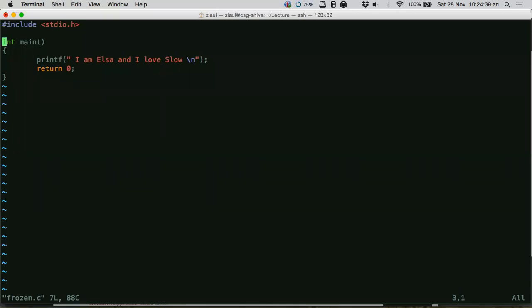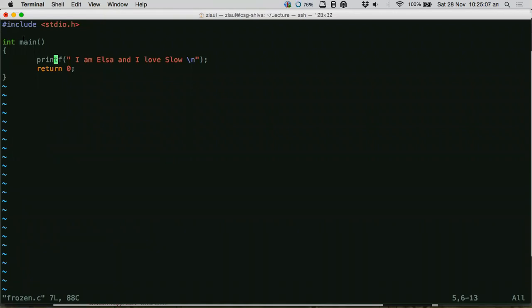See, inside main, I have used a function. What do I mean by function here? A function is simply a block of code which does something. It's a sequence of code which does some work for you. What does this printf function do? For today's context, just remember a function is a block of code.